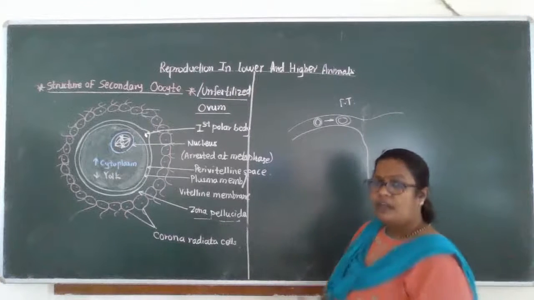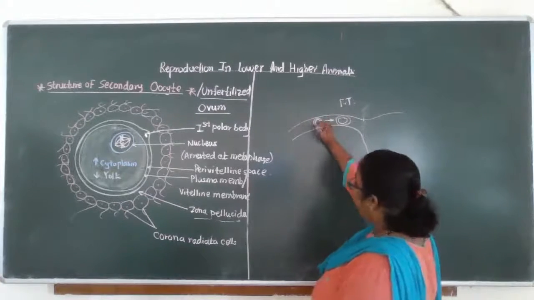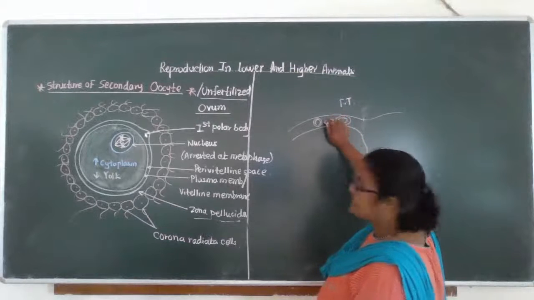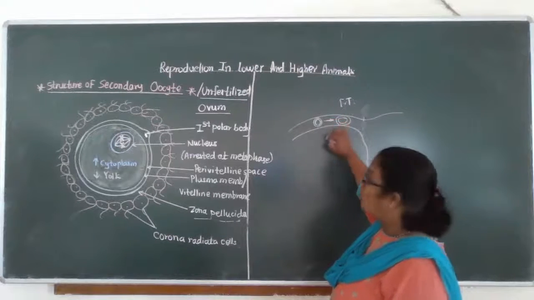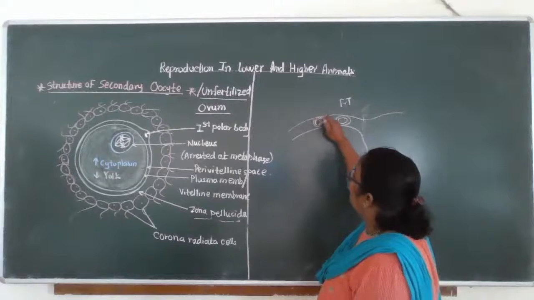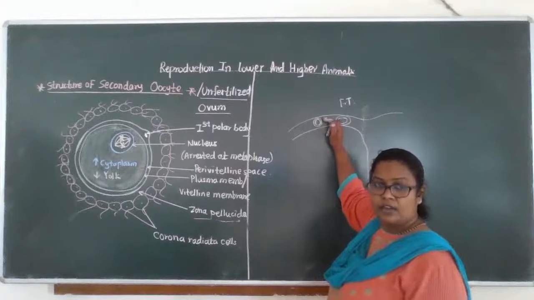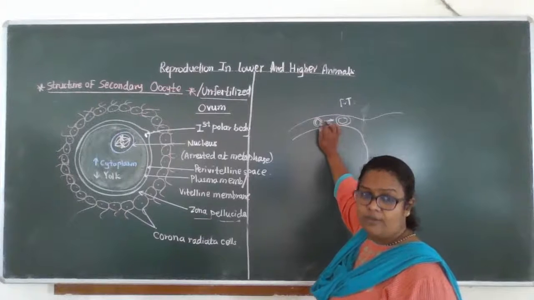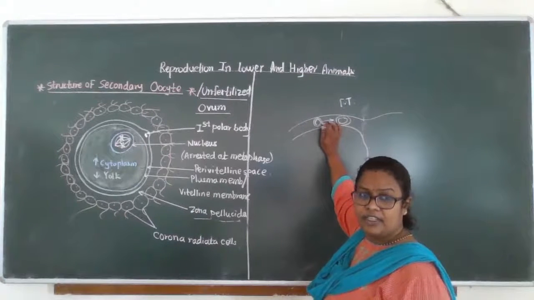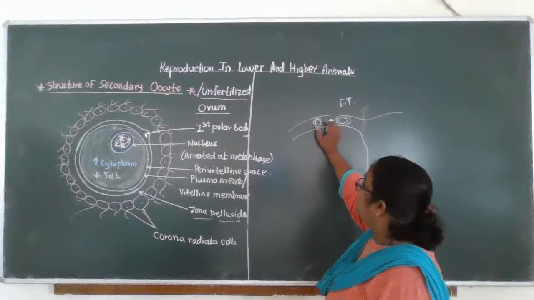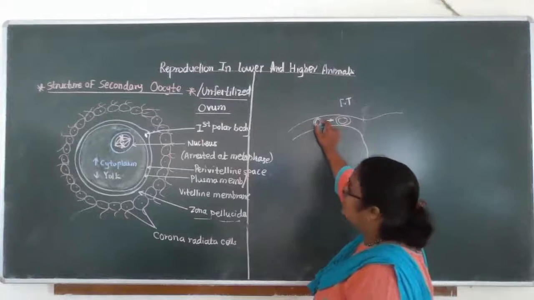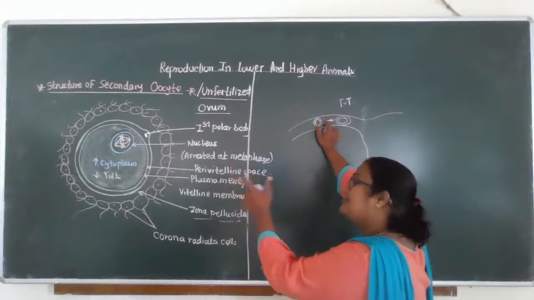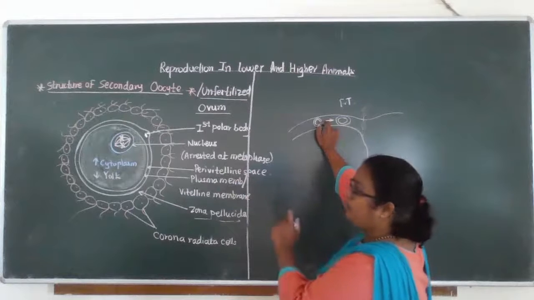It means it avoids ectopic pregnancy, that means a pregnancy which took place in a fallopian tube. It is avoided by this zona pellucida layer. Clear? So the very important role of this zona pellucida is it avoids wrong site implantation, and it maintains the size of the oocyte. Still, it becomes a zygote.